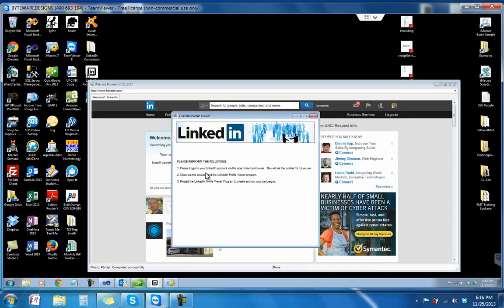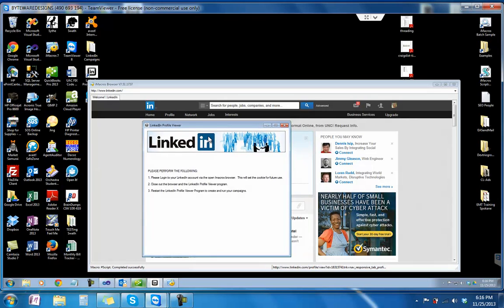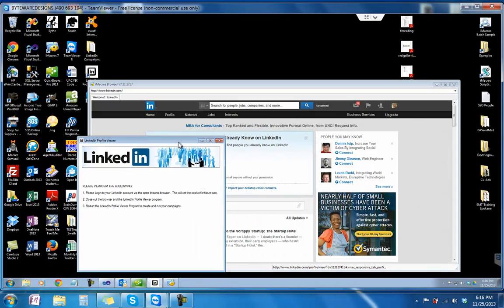It just says, please log into your LinkedIn account via the Open iMacros browser, and this will set the cookie for future use. And then after you've done that, which I have done, you can close out of the browser and close out of the program, and then you have to relaunch it before you begin to build and or run your campaign. But what I'm going to do before I close out of this is I'm going to perform a search,